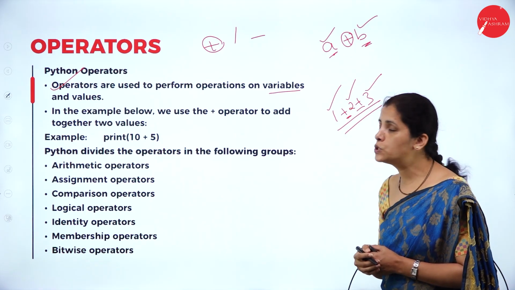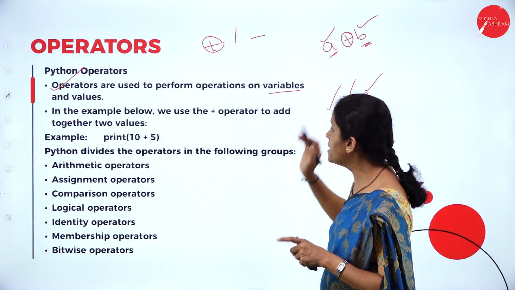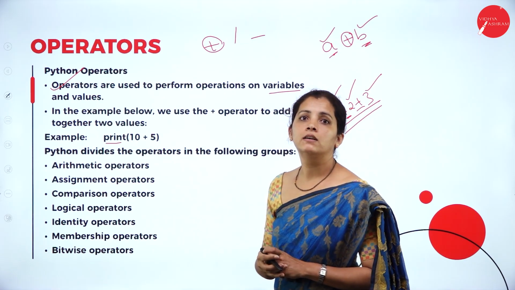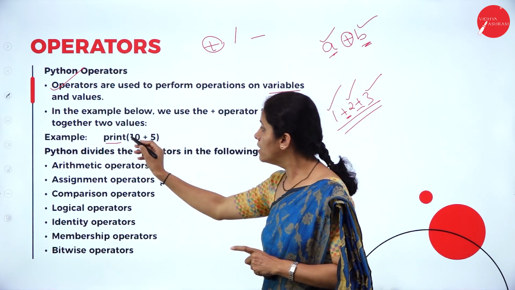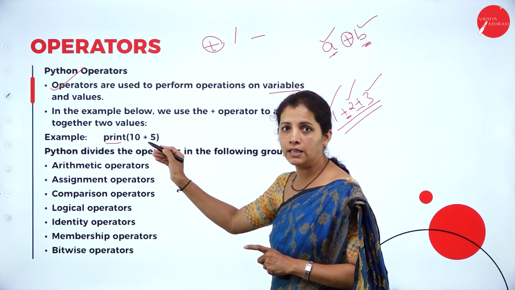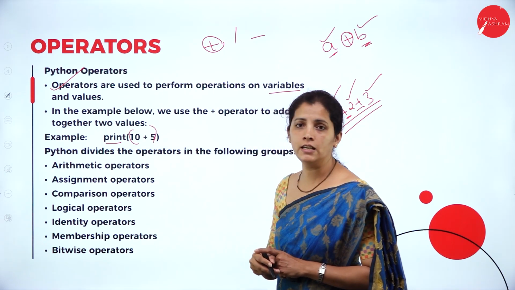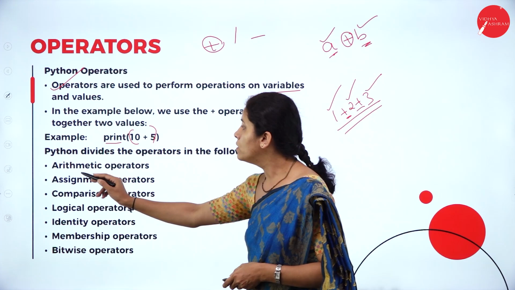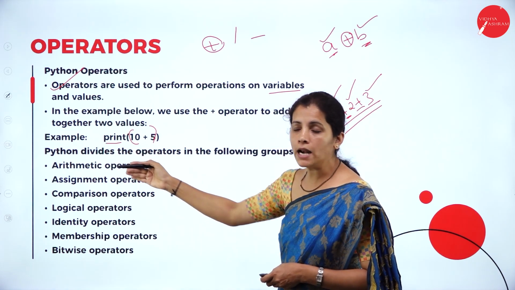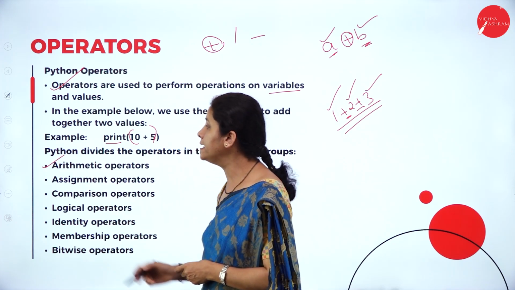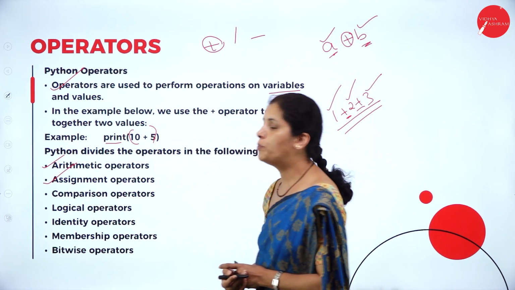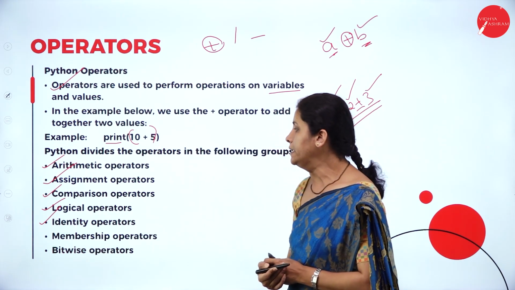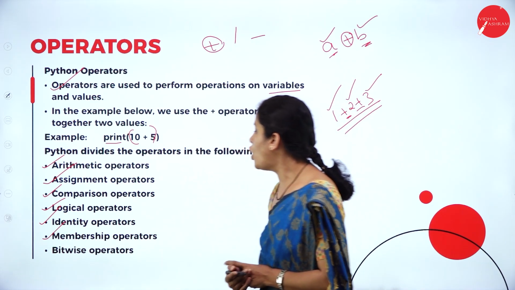So, operators are used to perform operations on variables and values. See here, if I write print 10 plus 5, what does it mean? It performs the addition 10 plus 5, which is 15, and I print the value. Now, Python operators can be divided into arithmetic operator, assignment operator, comparison operator, logical operator, identity operator, membership operator